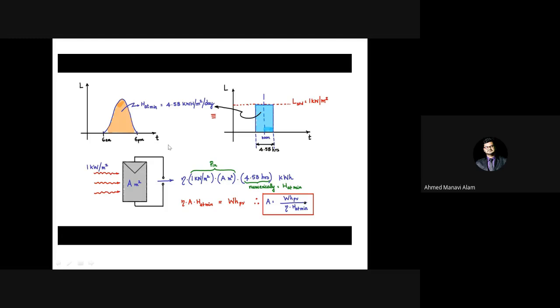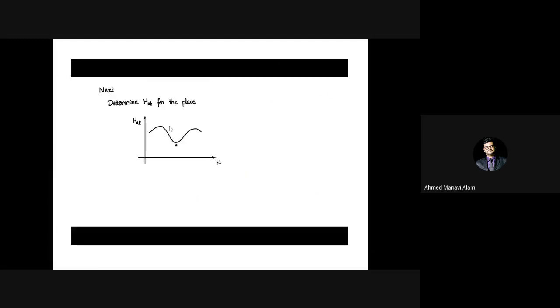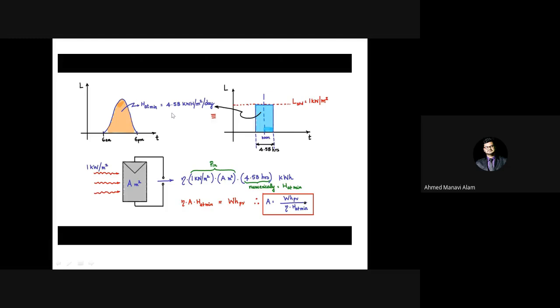So if I take a graph of solar insolation versus time, you know this graph, from 6 a.m. to 6 p.m. Solar insolation is something like this. At the beginning of the day, the power from the sun is low. At the end of the day, power from the sun is low. At noon, the power from the sun is higher. So the area under this solar insolation is the HAT minimum. By different softwares and different calculations, I have found that this minimum value, HAT minimum, is 4.58 kilowatt hour per meter square per day. This I have got. You don't need to worry about this value.